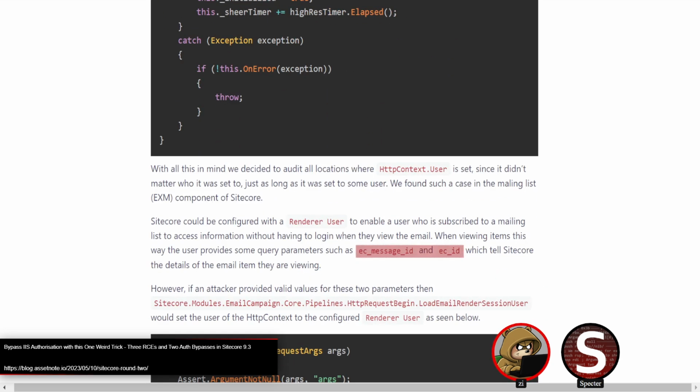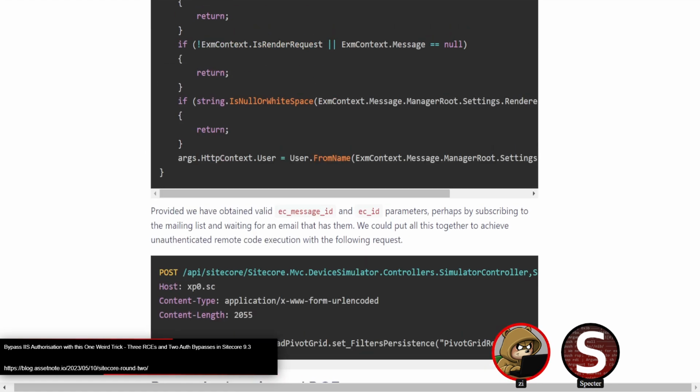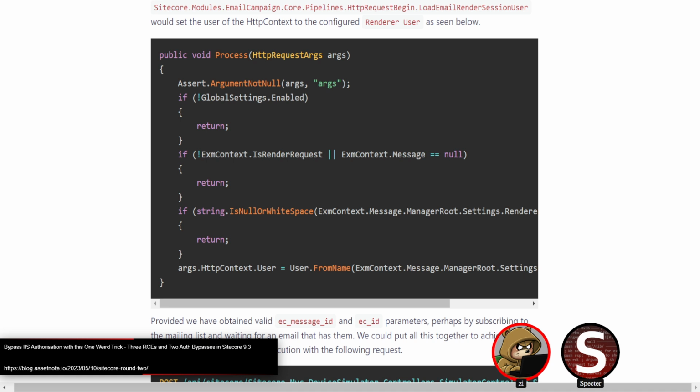All they needed was for the parameters to be present anywhere in the request. It didn't matter if it was going towards the email page or not. If they were in the URL, it would load them. Which feels like a bit of a silly way to do it. But anyway, now that we have all of these parts that I've talked through, they all come together